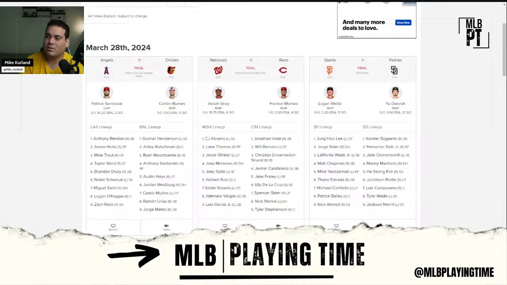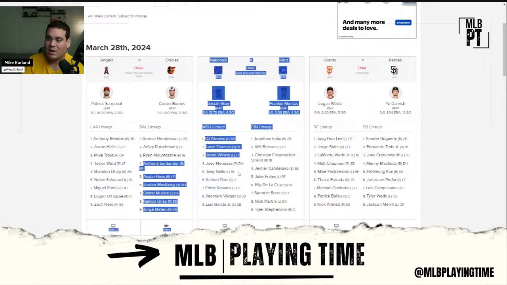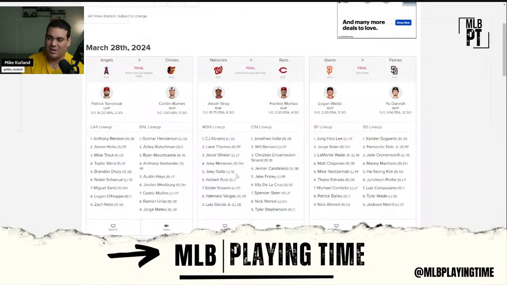And then the Nationals. What you see is what you get. Rosario in center field, not great for the pitchers, but great for playing time. Great streamer, hit a home run already too. Against righties, it looks like the playing time's there. Winker batting third, Gallo batting fifth. These aren't surprises. It's just gross.